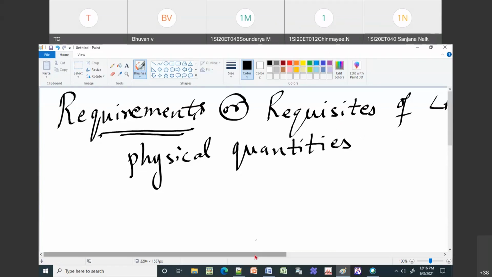So that will be the requirements. You need wood, it may be some pieces of wood. You may need some Fevicol to fix them, or some iron nails to put them together. All those things. In the same way, if I want to build a laser system, what are the physical quantities that you need? That is what we are going to see here.